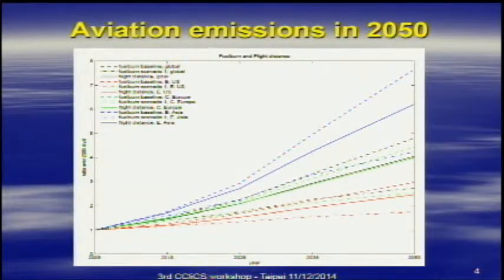So also plotted here is fuel burn. You get two scenarios. I plotted the baseline and scenario 1, the 2% engine efficiency increase. So for example, for East Asia, you get two lines on top. This is the baseline fuel burn. This is scenario 1. So when you get this engine efficiency growth, you can fly the same amount of distance, but you burn less fuel. And all emission species are basically scaled linearly with fuel burn. So this basically represents how much aviation aerosols will be emitted based on the scenarios.